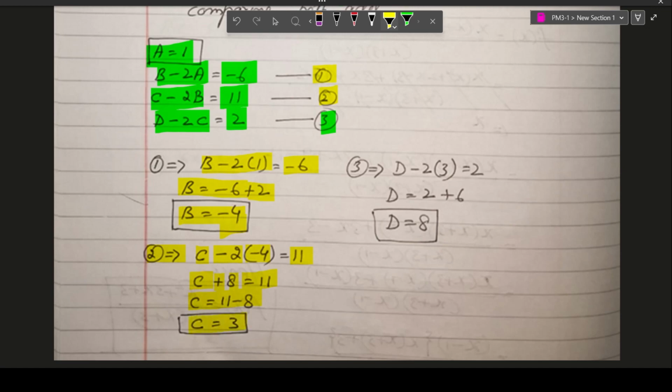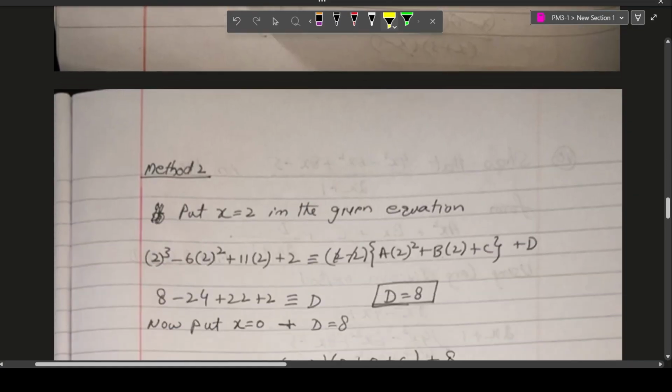Now going to equation number 3, enter the value of c into equation number 3. So d minus 2, since it is c, put the value of c over here, which is 3, is equal to 2. So d is equal to, now 2 3s are 6, minus 6, transfer this to the other side, so it is plus 6 here. So d is equal to